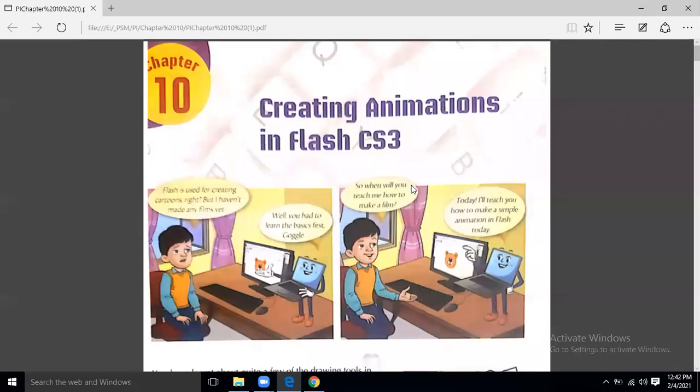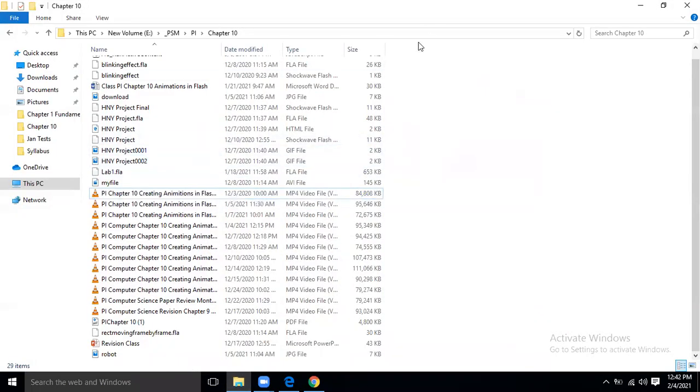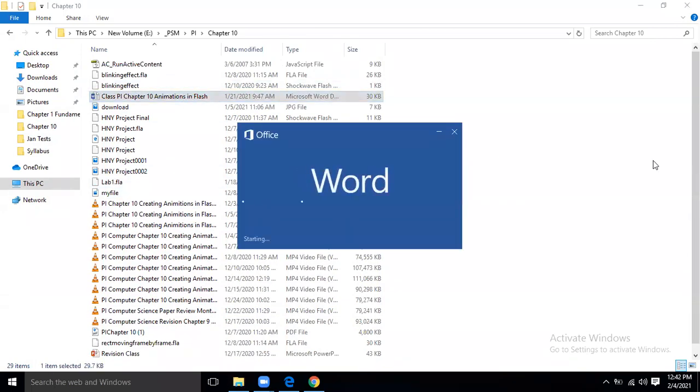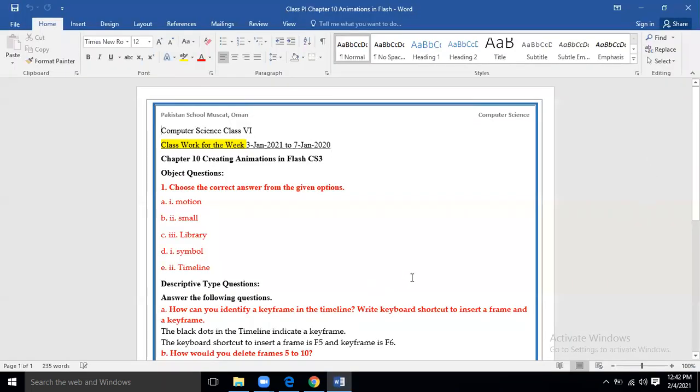Okay, so you know very well that we are going through chapter number 10, and I have already given the questions and answers for this chapter through your Google Classroom and University. I have given you the questions and answers given at the end of the exercise, and we have seen this chapter in a number of ways.